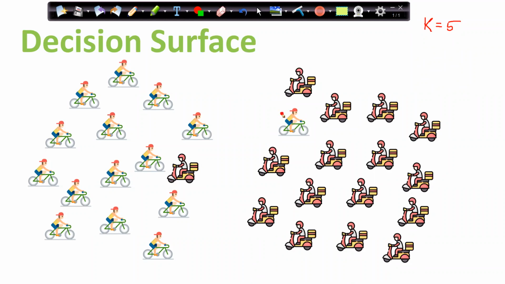Now if I come here, this is the guy, 5 nearest points, 1, 2, 3, maybe 4, or let's say 5. It will classify as positive, because out of 5, 3 are scooters, right? Same way here, if I come 1, 2, 3, 4, let's say this is 5, this is negative. Now you can put anywhere in this line, it will give me positive. If you put anywhere in here, it will give me negative.